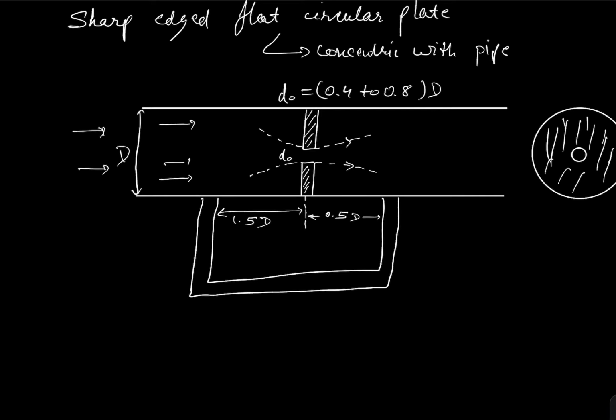Okay, first is this point, the point on this line, and second is the point on this line. On these two lines we will write Bernoulli's equation, and we will calculate the flow rate similarly as we calculate in the venturimeter. In the venturimeter also we have taken 2 points, one at the throat section and one inside the pipeline, right? Here also we will take 2 points. One is about 0.5 d on the right hand side of the orifice plate, and another point is about 1.5 d on the left hand side of the orifice plate.